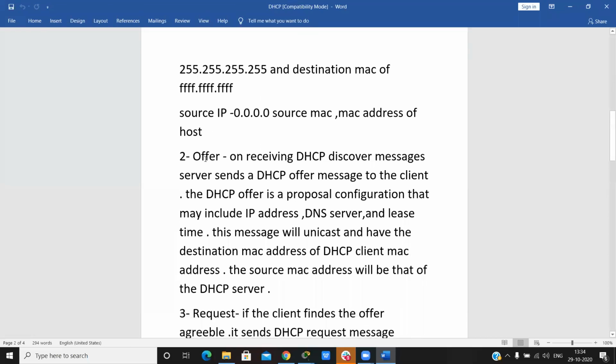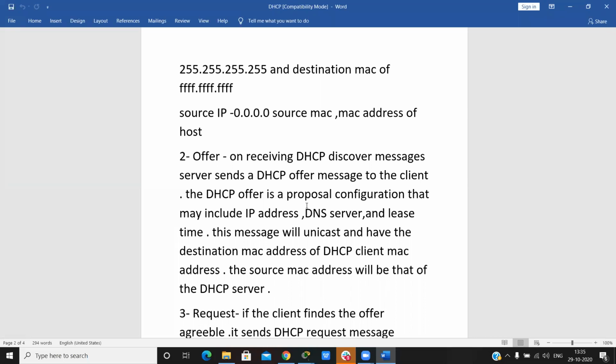Then when the DHCP server receives the DHCP discover message, it sends an offer message. On receiving the discover message, the server sends a DHCP offer message to the client. The DHCP offer proposes a configuration that may include IP addresses, DNS server, and lease time.